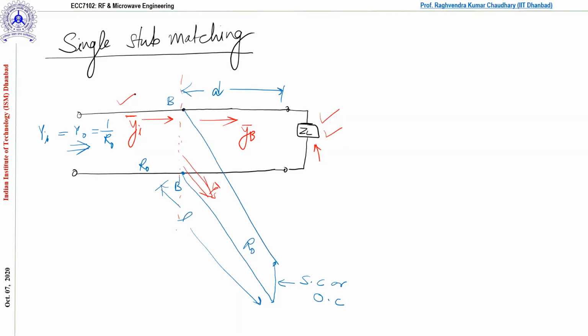How we can manage, how we can make these two things equal so that the power efficiently goes to the load side, or the system will be matched, so there will be no reflections. Fine. So what we can do is choose a location over the transmission line where we can manage it by providing the extra capacitance or inductance.